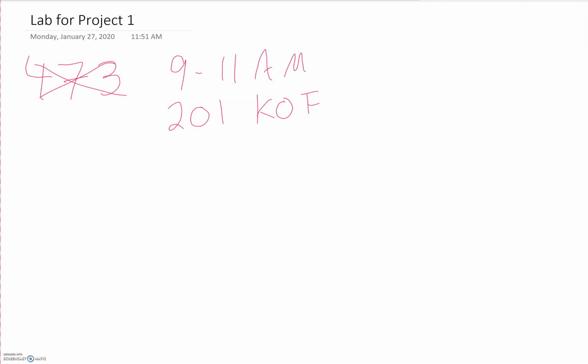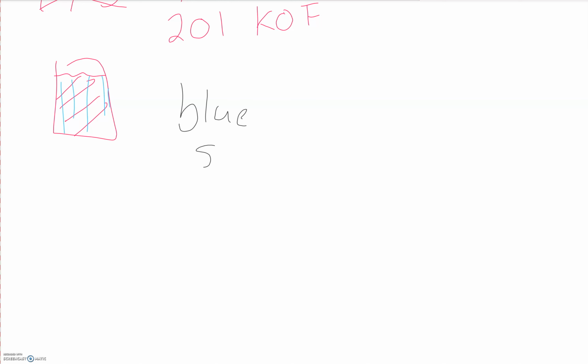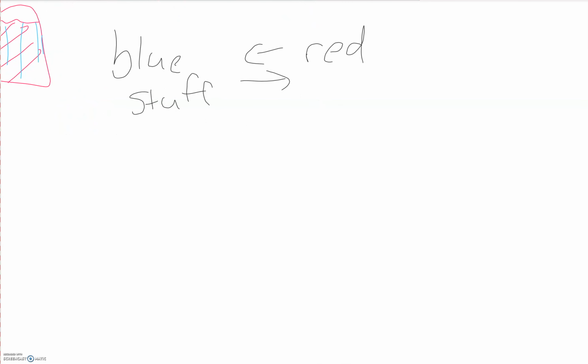But I thought I would take the occasion to just talk about what you guys need to do for this particular lab. So in this lab, you have a material in a vial that, depending on what temperature it is, sometimes is going to be pink, and other times it's going to show up as blue. So how can you control that? Well, in a chemical reaction, if you have blue stuff, and it can chemically react and turn into red stuff,